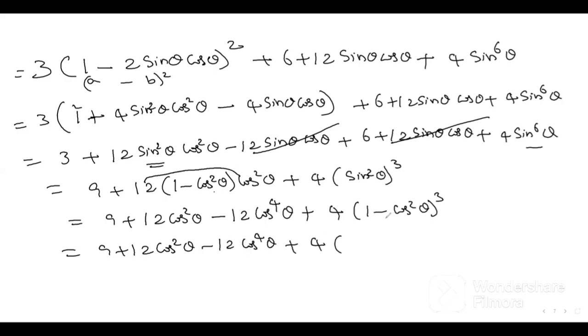Here we should write the (a minus b) whole cube formula: a cube minus b cube minus 3a square b plus 3ab square is equal to (a minus b) whole cube. A cube is 1, minus b cube, minus (cos square theta) whole cube, cos to the power 6 theta, minus 3a square b